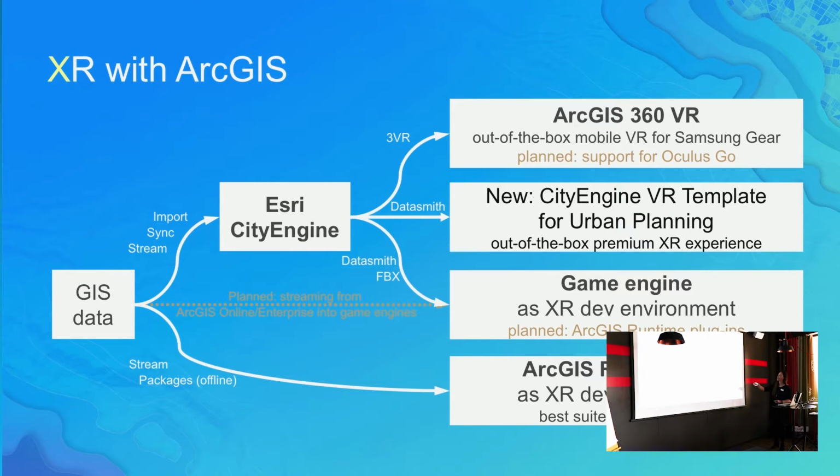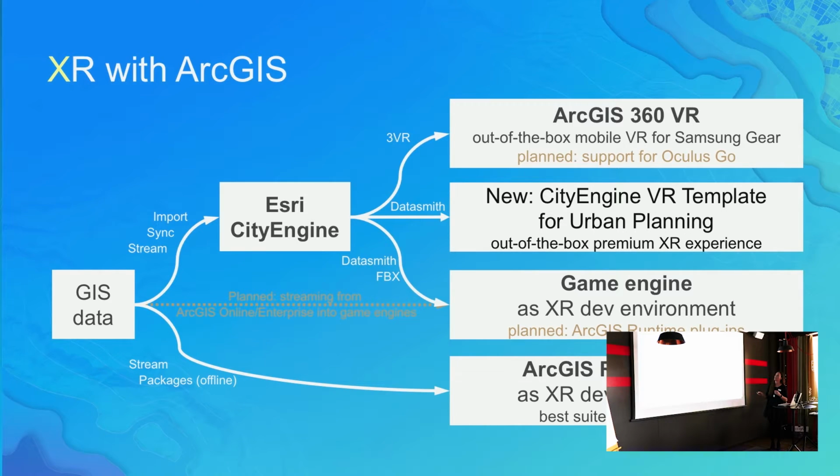There we go. So the first one I want to talk about briefly is this ArcGIS 360 VR. It's essentially, for lack of a better word, this one-click solution. So you go from your data, you import into CityEngine. CityEngine is sort of, I guess, like a conductor for all three of these, but then export out of CityEngine